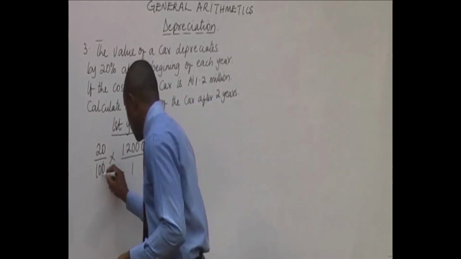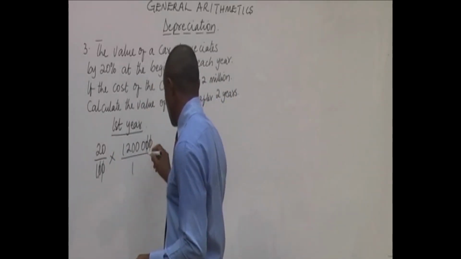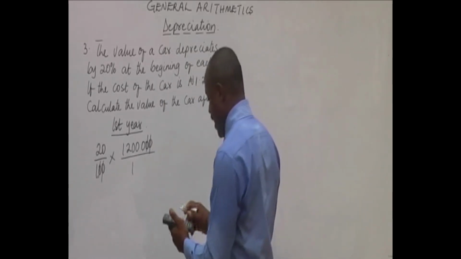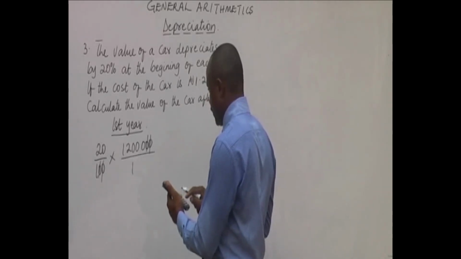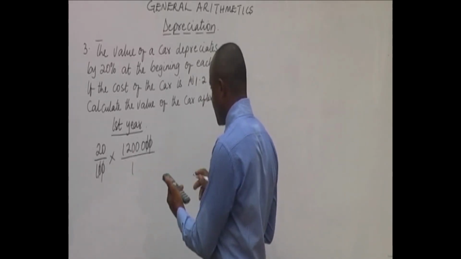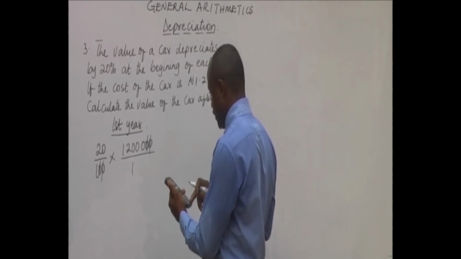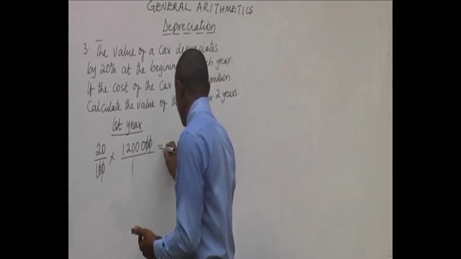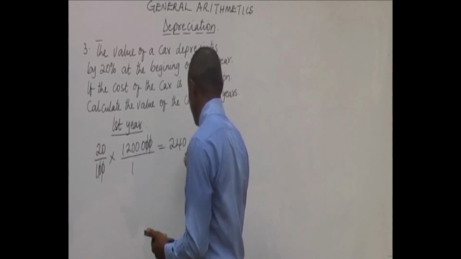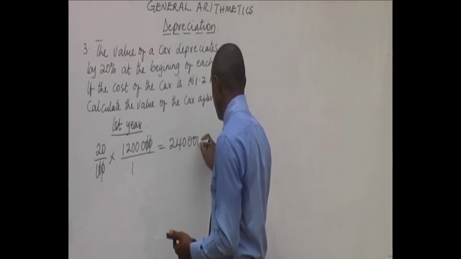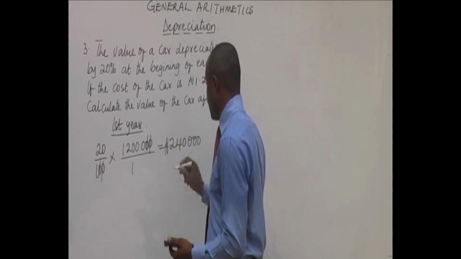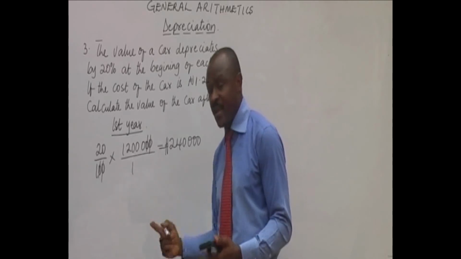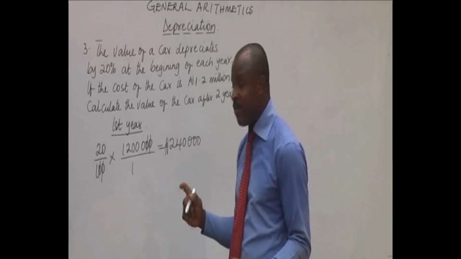Okay, we can do this. So we multiply 20 times 12,000. This is giving us 240,000 naira. That means by 1st January of the next year, the car will now have a value of